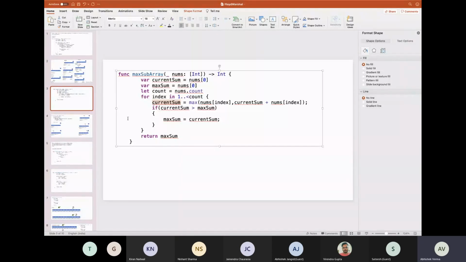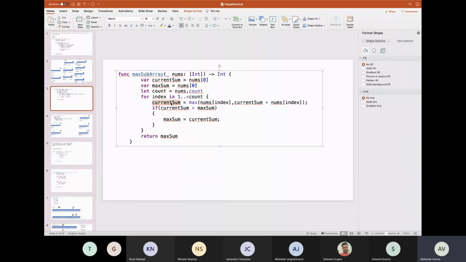If we look at this solution, I have taken one current sum, initialized to num0, and max sum as num0. I have also taken an index variable which starts from 1, not from 0. We keep doing this from starting index 1 to count, computing our current sum.